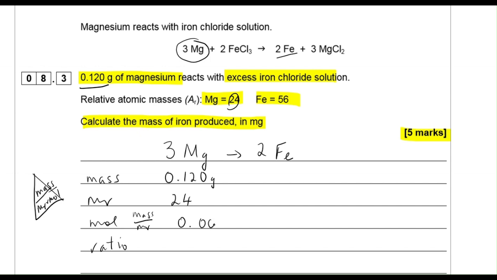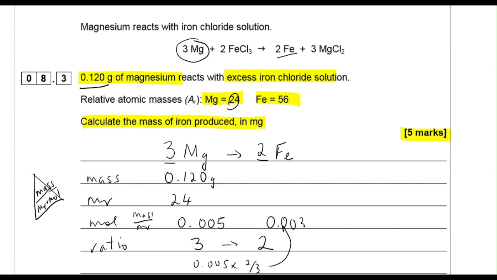So for every 3 moles of magnesium, there are 2 moles of iron being made. A 3:2 ratio is a bit tricky because you can't just double it or halve it like in a 2:1. But if we take the number of moles from the working out, 0.005, and we times that by 2/3, because the ratio goes from 3:2, and if you calculate that, you end up with